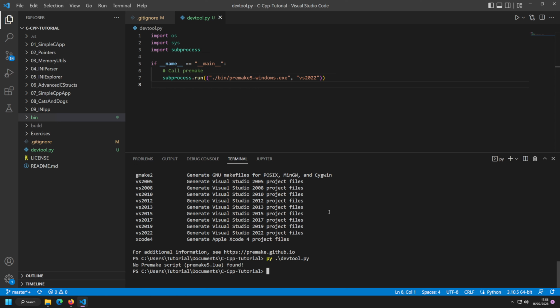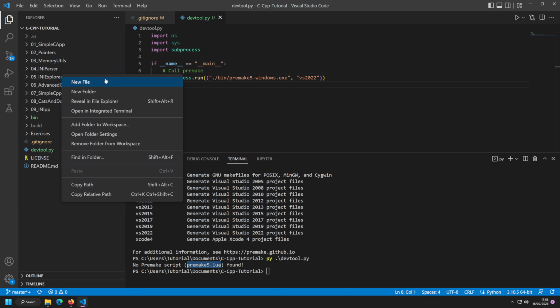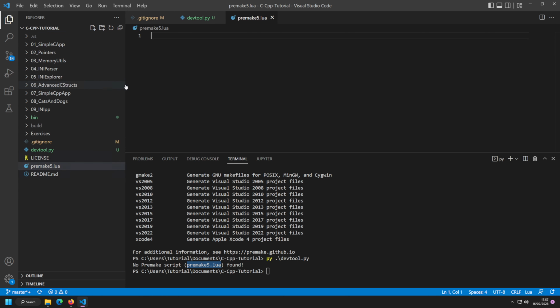a different output. Now you can see that it's no longer saying that we have used it wrong. It's actually telling us that no premake script, premake5.lua, has been found. So in general, how premake works is that the command line is basically just invoking premake. The actual configuration of the project is read from a Lua file called premake5.lua. So the file premake5.lua is going to define in a programming language, Lua, how our project should look like. So let me actually copy this premake5.lua and let's create a new file here, call this one premake5.lua,